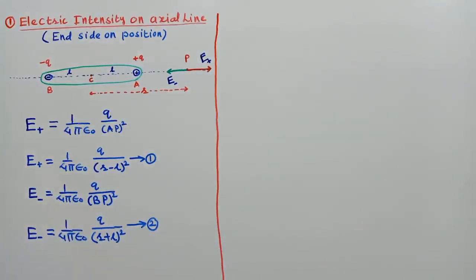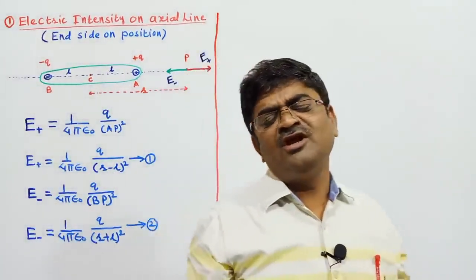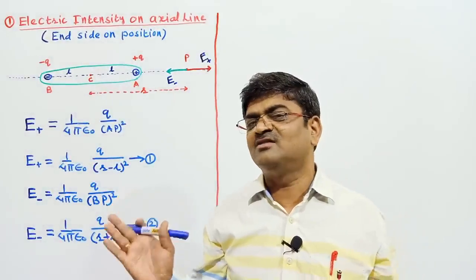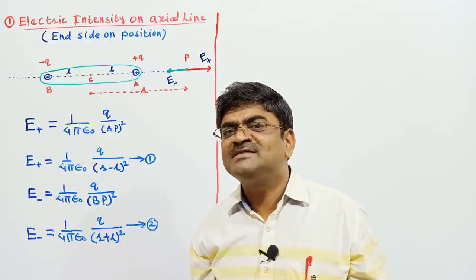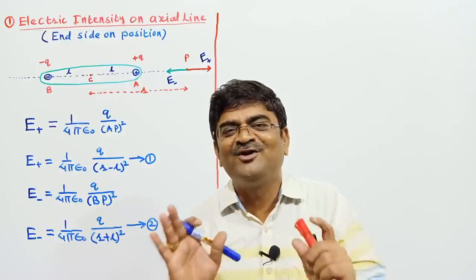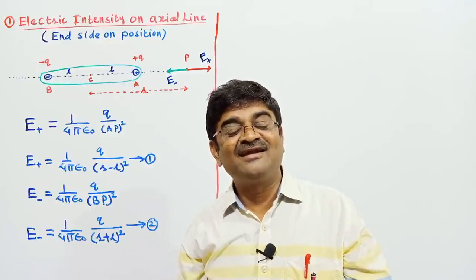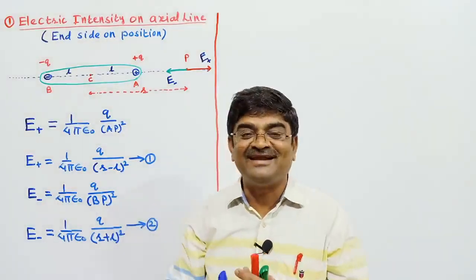Children, see, I have got the contribution to the electric intensity at P by the positive charge of the dipole as well as by the negative charge of the dipole. And once I am done with this, you know the further procedure, what is to be done? Just you need to add those intensities by taking their directions into account. Right now I have the simplest case. Only two vectors I have got to be added. And interestingly, even those two vectors are oppositely directed.